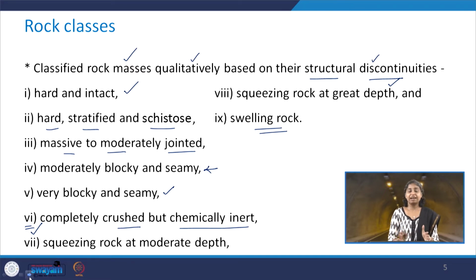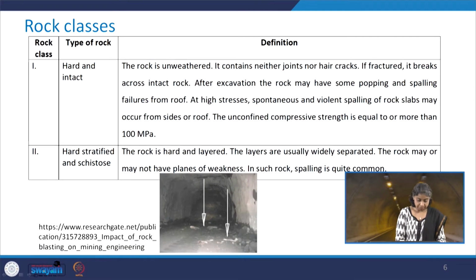We have little idea about the swelling ground condition and squeezing ground condition, so that one and this one are the same. Based upon the rock class and the type of rock, these were defined. Again, this definition is going to be qualitative only. So, for the first rock class,